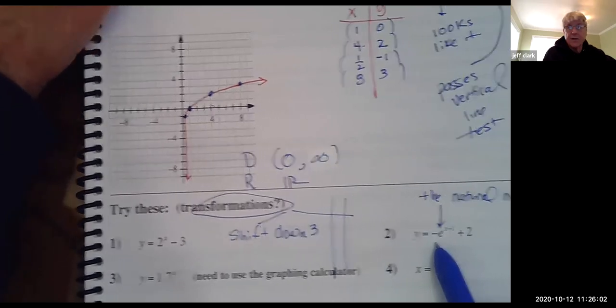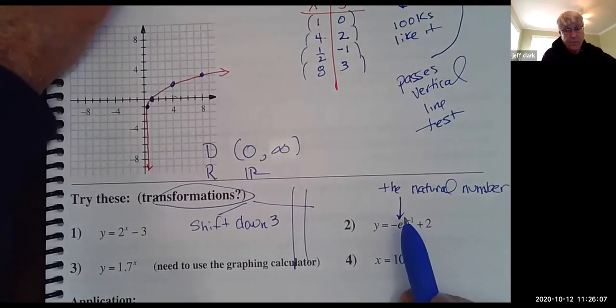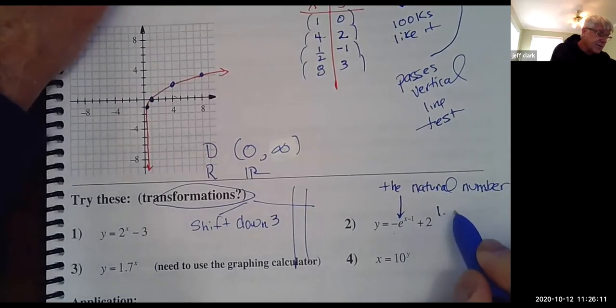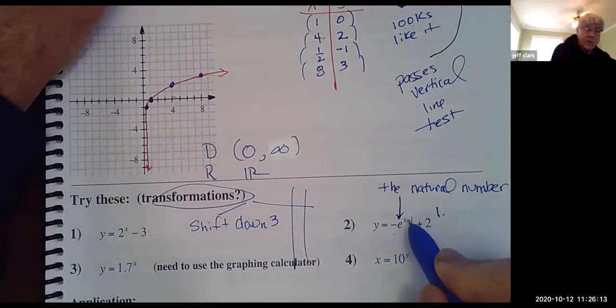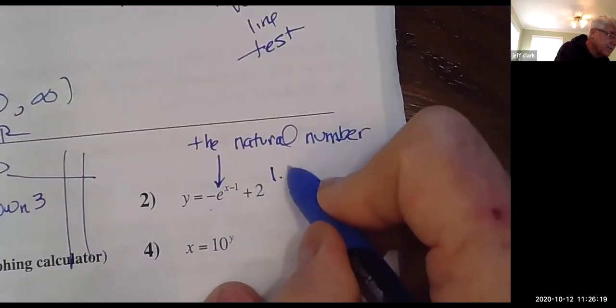This one here has 3 things going on, and it has to be a very specific order. The left right is always first. So if I did this, this would be a right. It's always opposite this. It's a right 1. So you might zoom in here. This would be a right